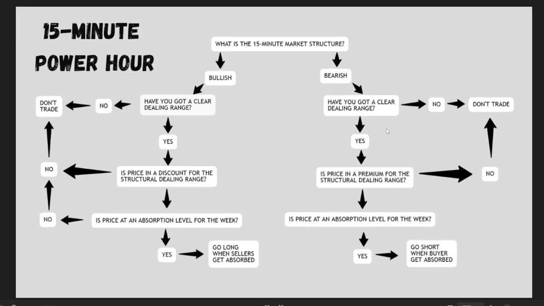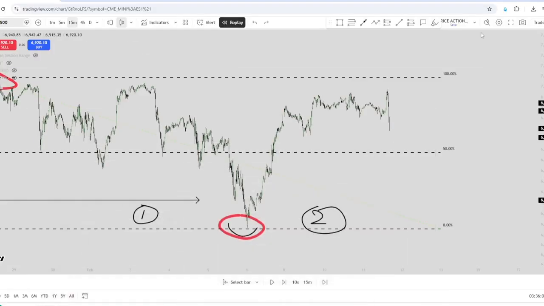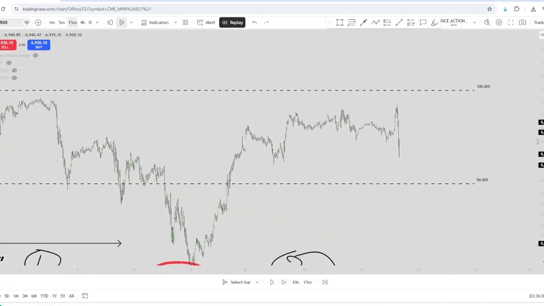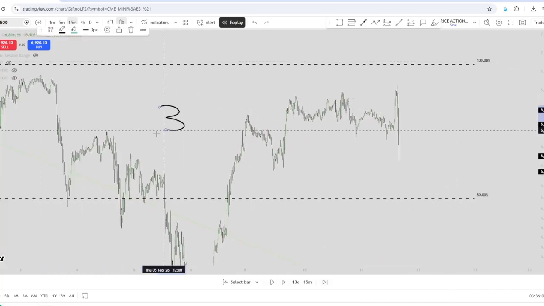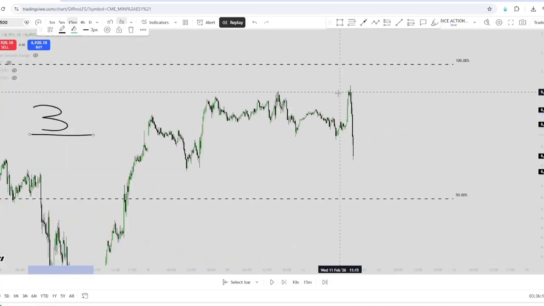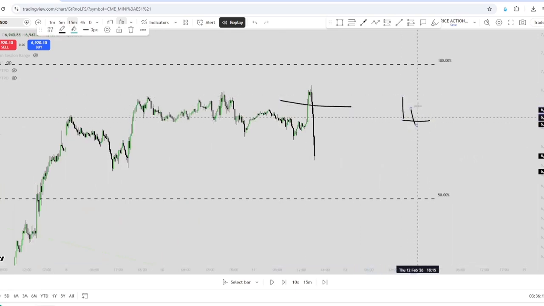So I strongly recommend traders follow if-then statements. Traders should have a flow chart in place that they can understand, and this process then allows you to find the premium. So for example, this is the premium. And then of course we have a key level resting over here. So this is step 4.